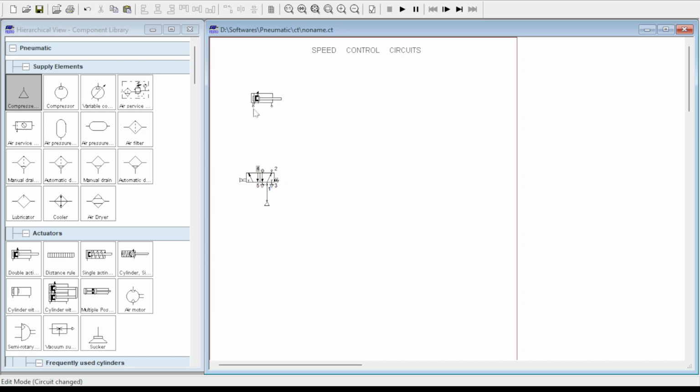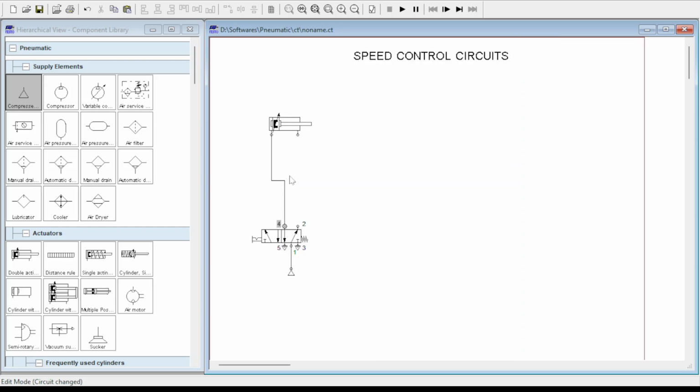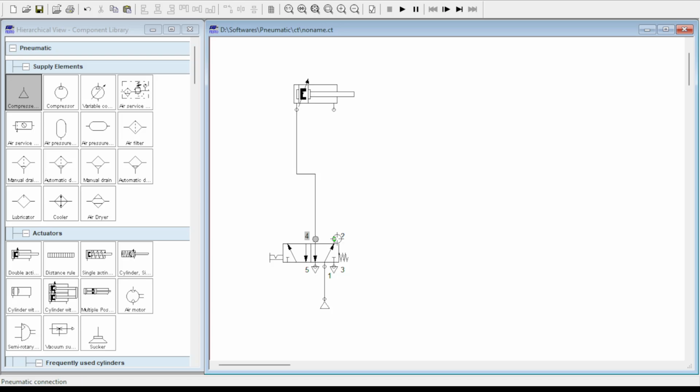Terminal 4 will be connected to the cap end port of the cylinder, and terminal 2 of the DCV will be connected to the rod end port of the cylinder.